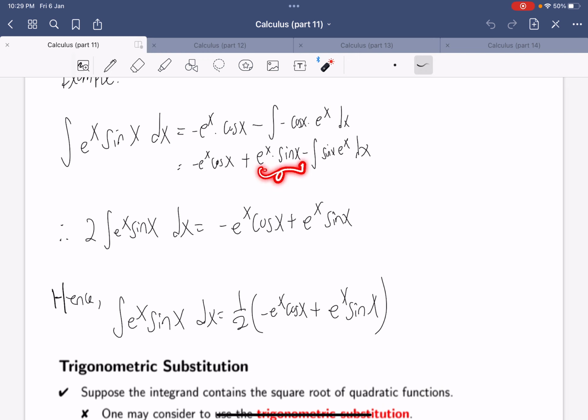So we keep e^x, differentiate cosine x, which is minus sine x, and then we integrate the integral, so it's minus sine x, which I change here to a plus, and then you differentiate e^x, which is back to e^x. So now that you have this expression,